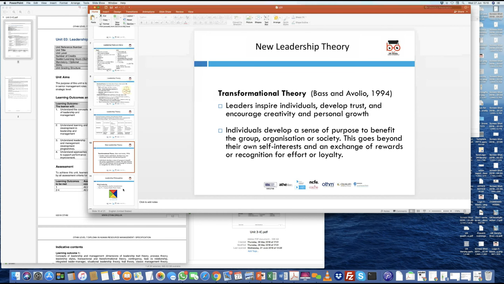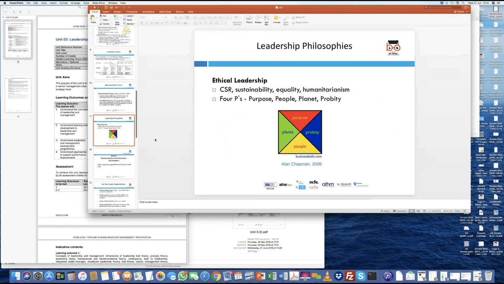When we look at, we talked about so much about leadership. Let's look at very briefly about philosophies. The reason why we talk about philosophy is sometimes you will see that Nelson Mandela, for example, was a brilliant leader. He's the father of the nation for South Africa. He's very well respected across the world.